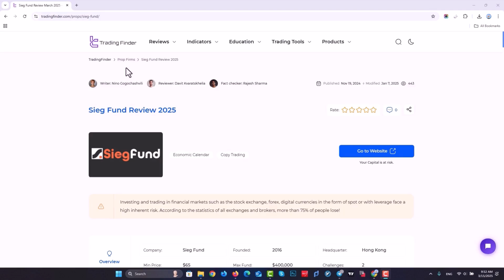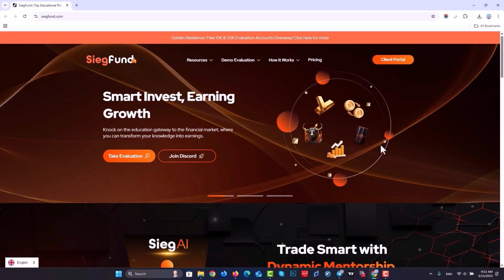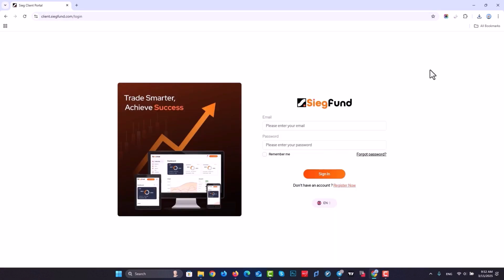You enter the prop firm section, select Sieg Fund, and click on Go to Website. You enter the website, click on Client Portal, and click on Register Now. To sign up,